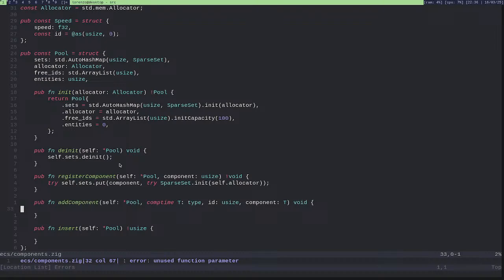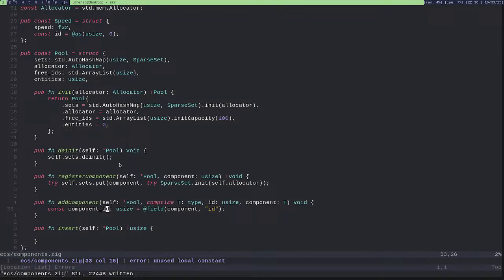So I can get an ID. Okay, can it really do something like this?